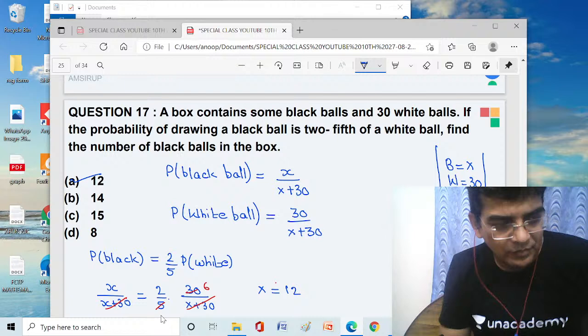Okay, now there are a few questions which I am leaving for you to solve. So you can try these questions. This one is based on the quadratic. This is based on